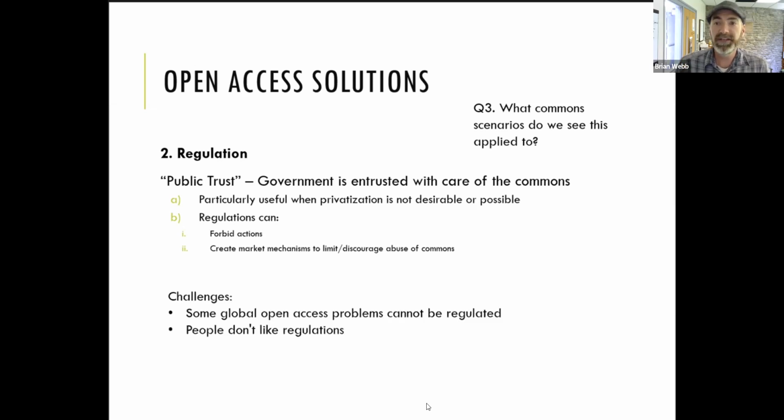Some challenges, obviously, global scale common pool resources or open access resources are particularly difficult. It's not so easy to regulate something that is on a planetary scale, simply because there is no global government. And in the absence of a global government, if something's contained within the borders of one country, then sure, it can be fully regulated and regulated effectively. However, if something is a cross-border, multinational issue, or a global issue particularly, that makes it much more difficult to address. Also, a lot of people don't like regulation, so that's always a barrier.